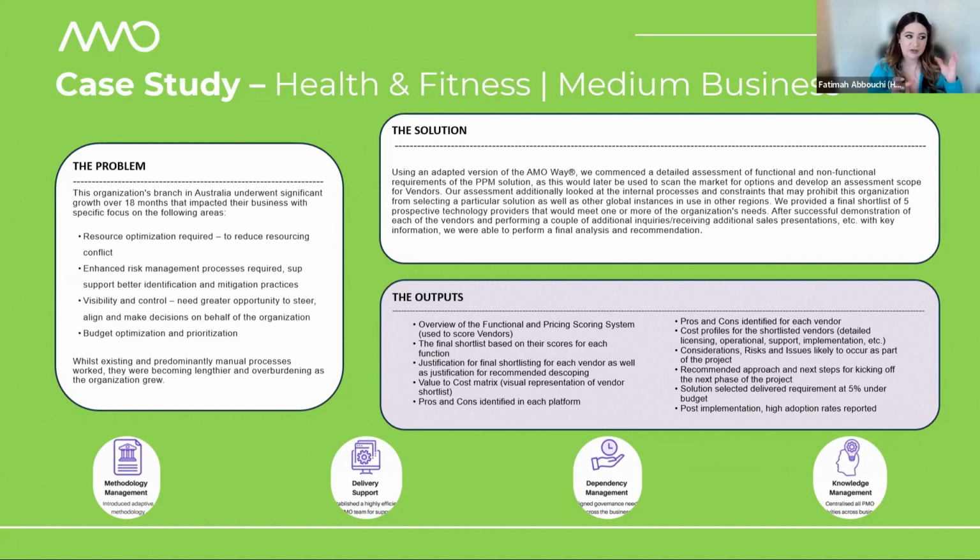As I mentioned earlier, we went from having about 6, we knocked 2 out already, and then we had 5 that went down to 4. Through that process, we then were able to define the pros and cons. We were able to provide scores that were completely agnostic of a particular one-person opinion. We defined a value to cost matrix to visually represent the benefits for the client. We defined pros and cons of every platform, and we also talked about the roadmap to implement and what that